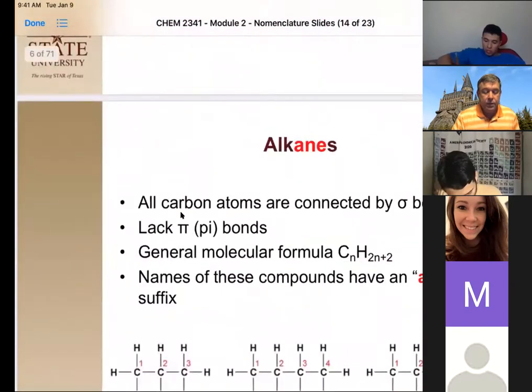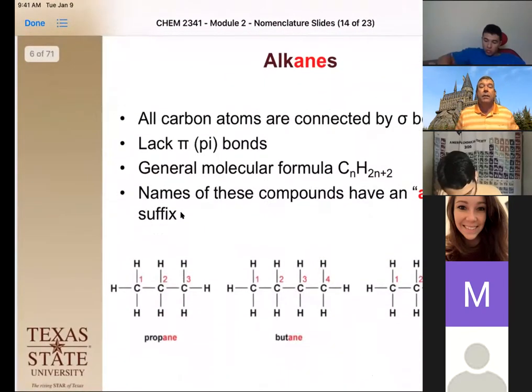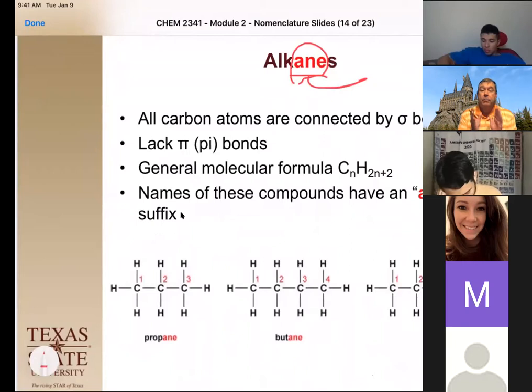Okay. So the simplest of the hydrocarbons is what we call the alkanes. See the A-N-E here? This is important. This is the infix right here that identifies the idea that all we have is carbon and hydrogen, and we only have sigma bonds, or we only have single bonds between the carbons, okay? So we can imagine that to be the simplest one. All the carbons are sp3 hybridized.